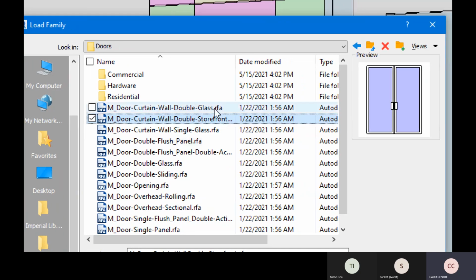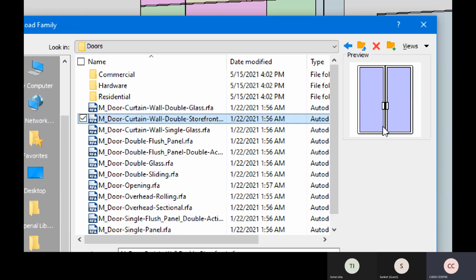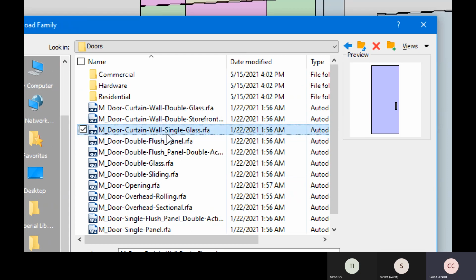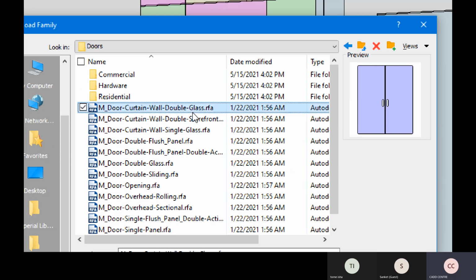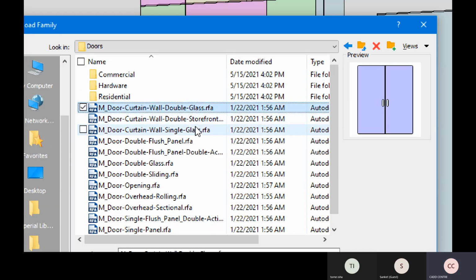The other one was just a double panel glass door. This was a double panel glass door with the framings, with the storefront and the mullions, and then we have a single panel glass door as well. So I'm going to load all these three doors.